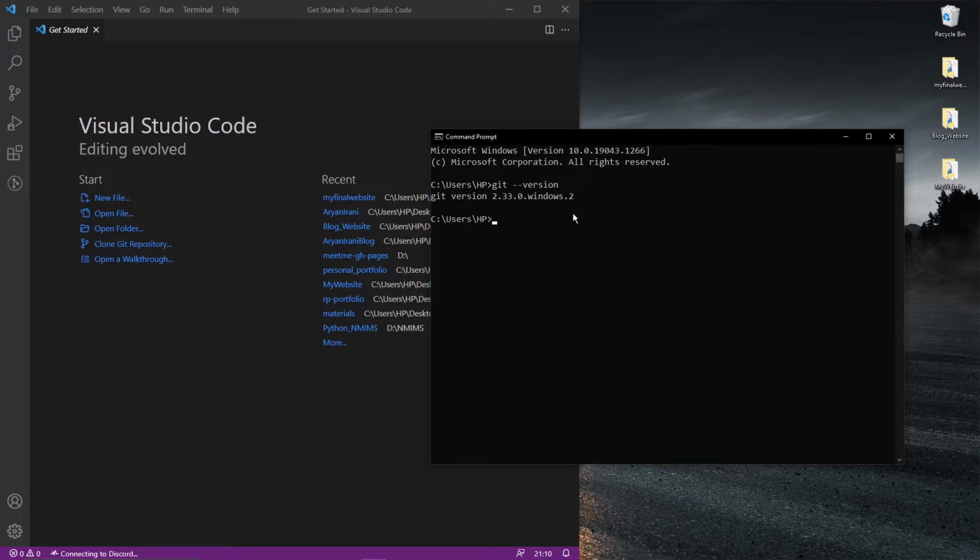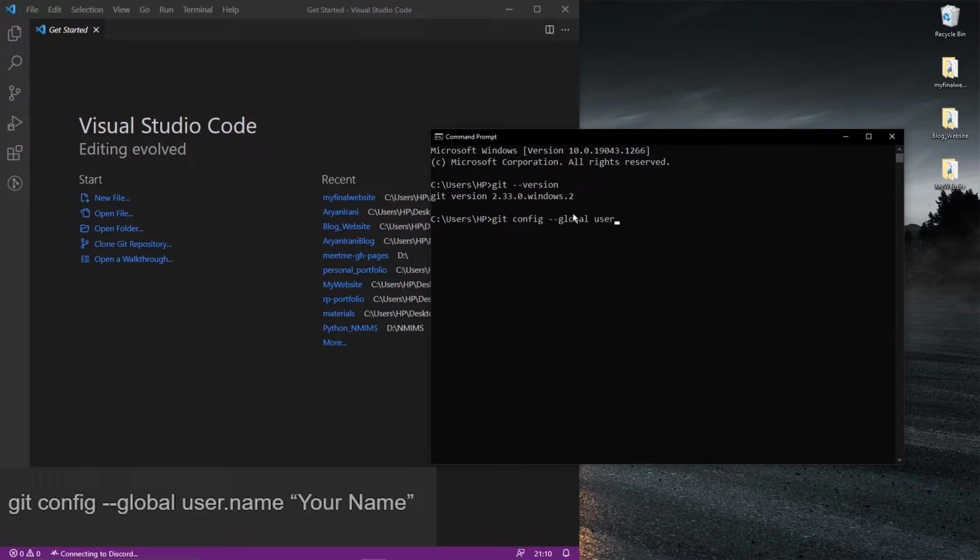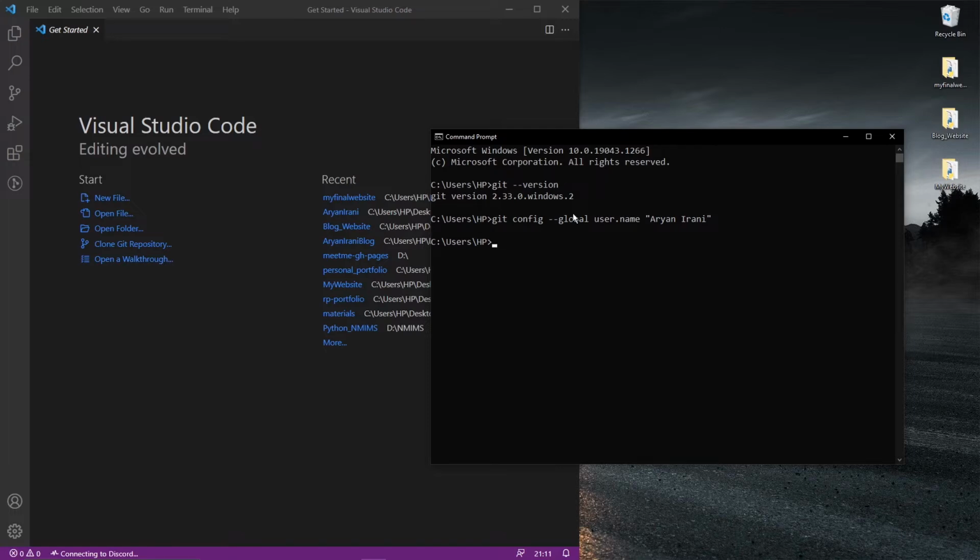Now that we have installed it, it's time to set up Git. For that, we're going to be using two commands. That's going to be git config --global user.name. I'll be providing a Google Doc which will contain all these commands sequentially. I'll be leaving the link in the description. You can copy and work with it. Here we're going to be putting in the username. This is very important if you make changes in your code, so we need to exactly track who has made it with what name and what email address. So we need to set it up. I'm going to be doing Aryan Irani here, and the name has successfully been saved.